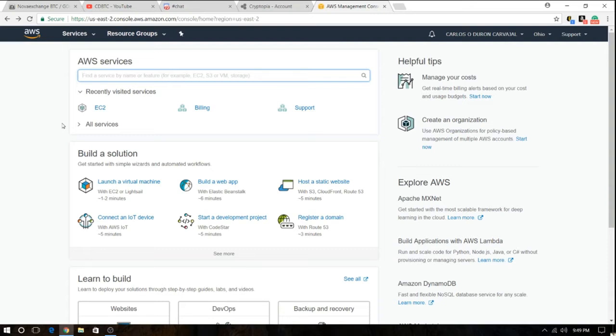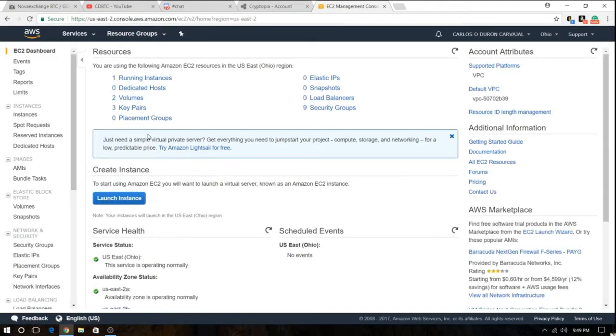So what you're gonna do is look for the EC2 service, and you're gonna have to click on the EC2 service. You can go through this process, launch a virtual machine. Just make sure you choose the EC2. But I'm gonna go through here. I think it's easier. This is my console, and I have one running instance. This is the desktop that's running my GOKU wallet,